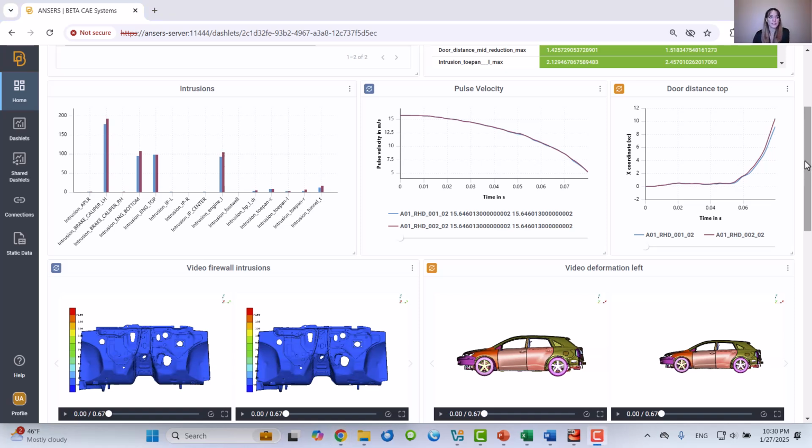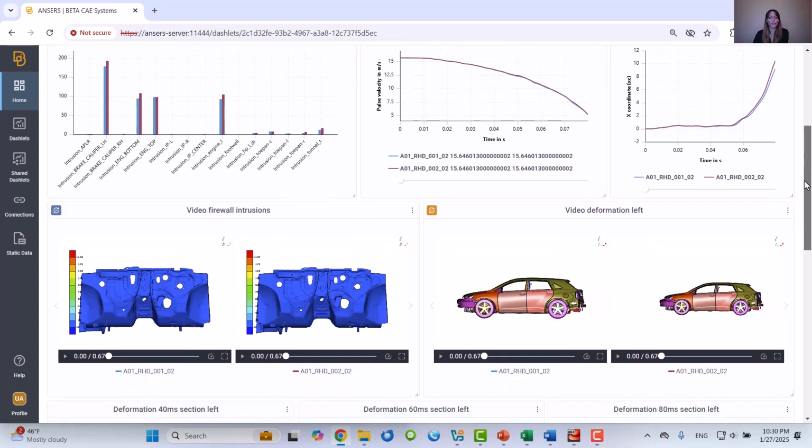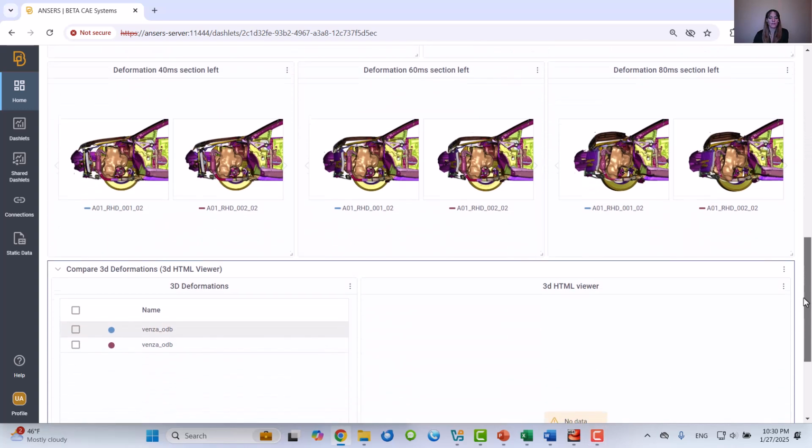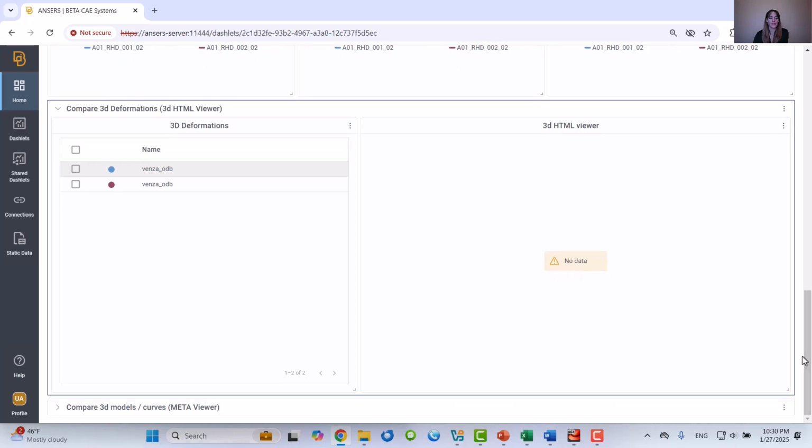Let's move on to 3D models, an area where we have made major improvements regarding the HTML 3D. And if I scroll down a bit in here, I will just select the two 3D models from the list.